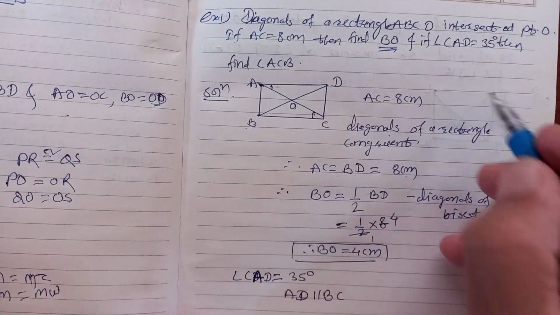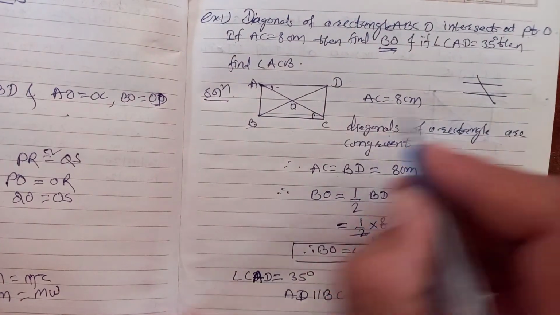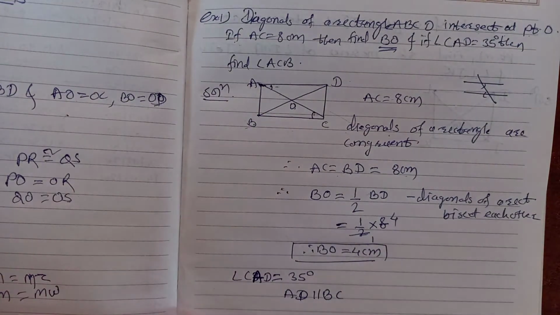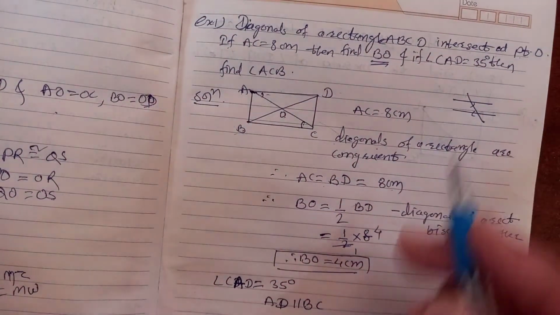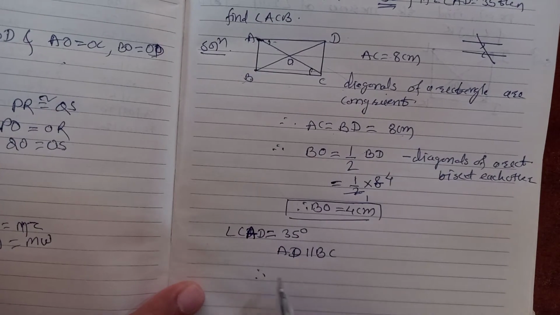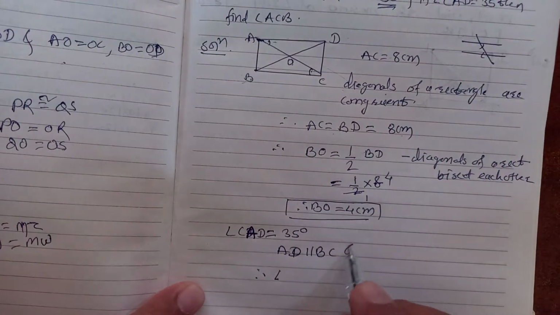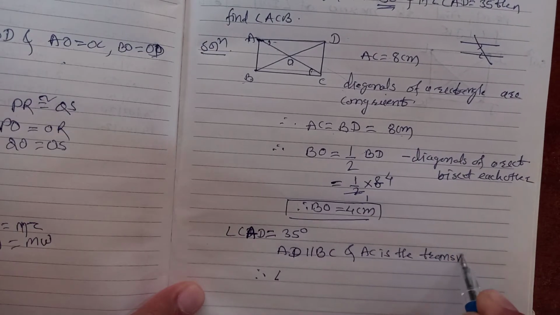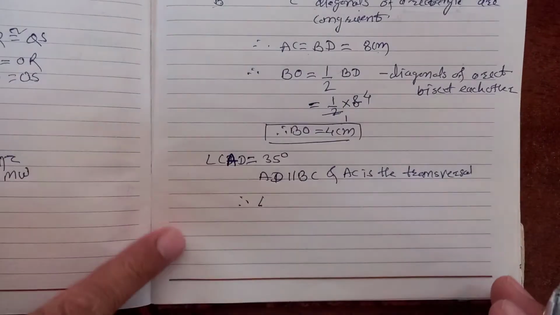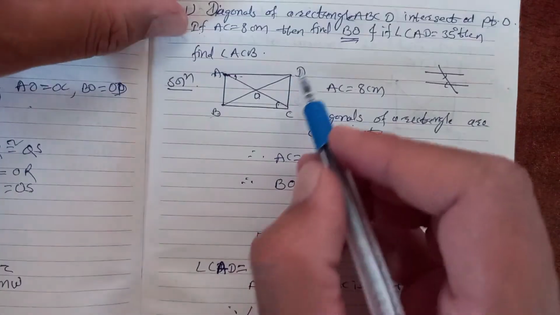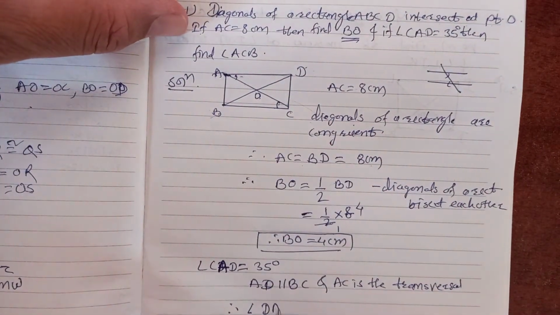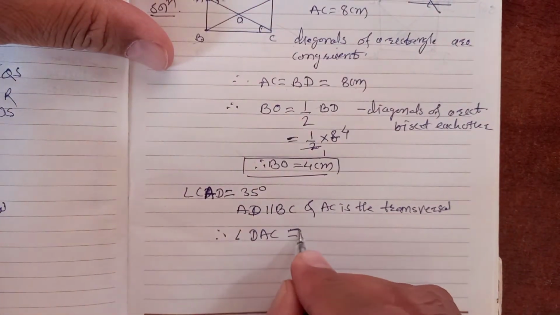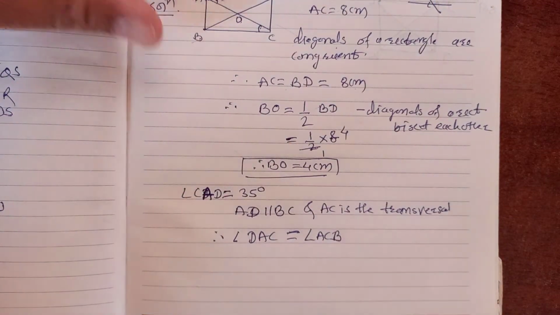So this is parallel. So what can we say? Suppose this is parallel. So this is what? Transversal now. So this angle and this angle are congruent. We already know, you have studied in 7th standard, that is alternate angle. So here you can say AD is parallel to BC and AC is the transversal. Okay, AC is the transversal. So which two angles are congruent? Angle DAC is congruent to ACB, or here you can say equal to ACB.